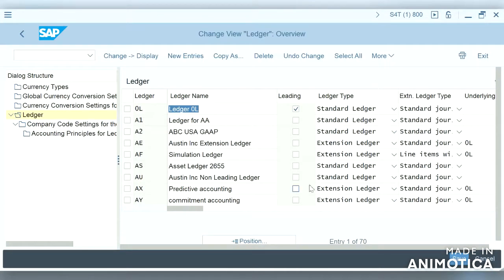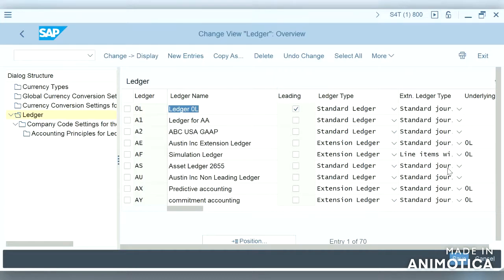So let us understand what a leading ledger is, what a non-leading ledger is and what an extension ledger is. The leading ledger is integrated with all subsidiary ledgers and is updated in all company codes. This means it is automatically assigned to all company codes.